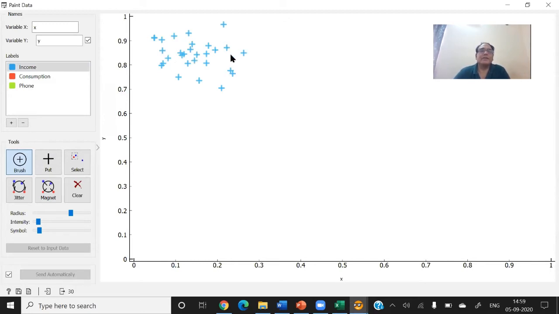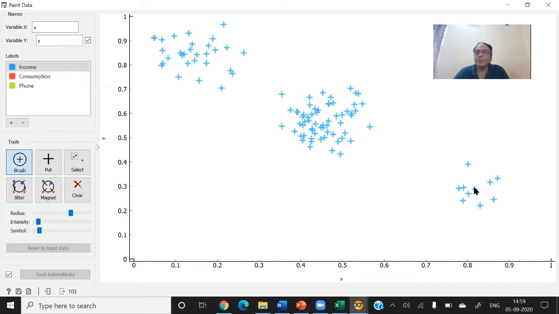This is my high income group, here I am creating the middle income group, and similarly, here I am creating the lower income group. All the plus signs indicate the observations.